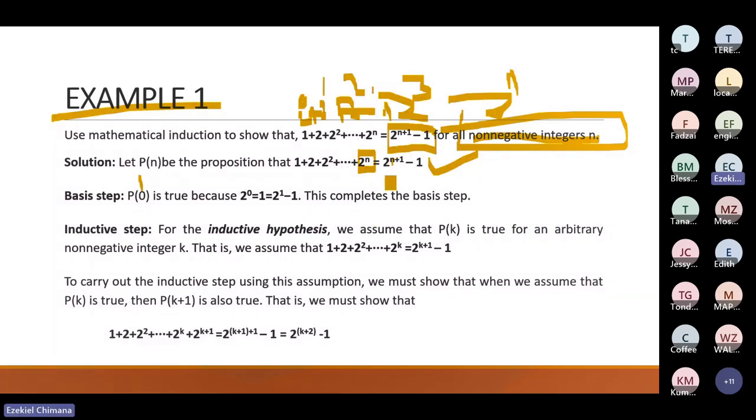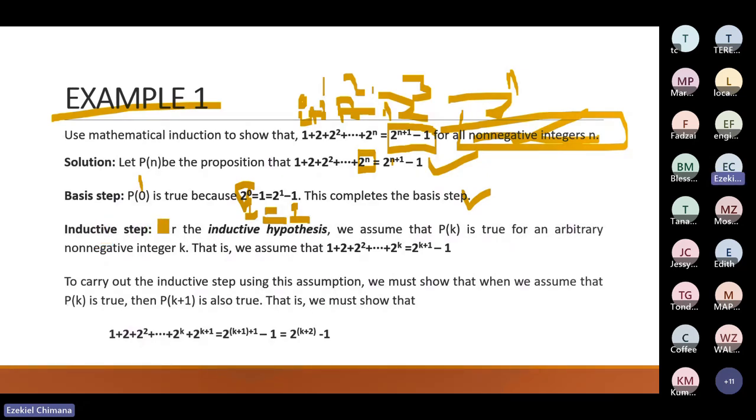0 here, and then it will become 2 to the power 0 plus 1 minus 1, which is 2 to the power 1 minus 1. So 2 to the power 0, any number raised to the power 0 is always what? Always 1. And 2 to the power 1 minus 1 is 1. So 1 is equal to 1, yes. So this completes the basis step, because we have shown that P of 0 is true. So if you put a number and confirm that this statement is true, you can proceed to the